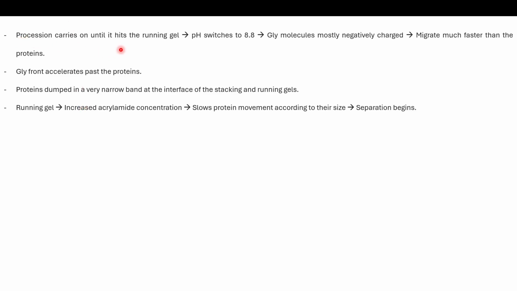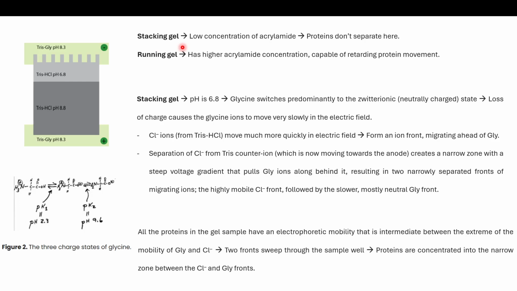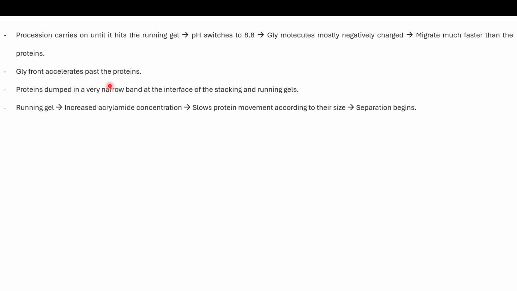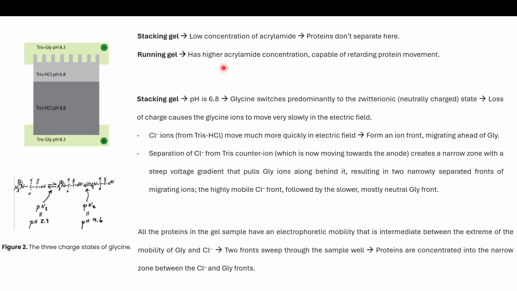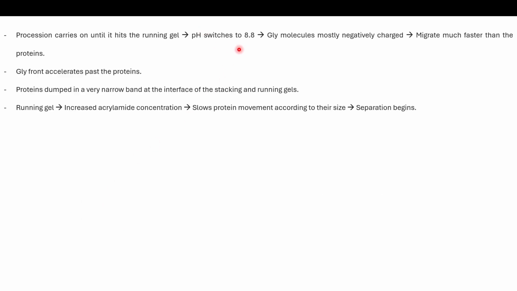Now, this procession carries on until it hits the running gel. This part. And the pH changes to 8.8. Now, what we saw here is that as the pH is increasing, the glycine amino acid becomes negatively charged. So the pH switches to 8.8, glycine molecules are mostly negatively charged and migrate much faster than the proteins. So now what will happen is chloride ions are anyway moving ahead, due to their small size as well as negative charge,